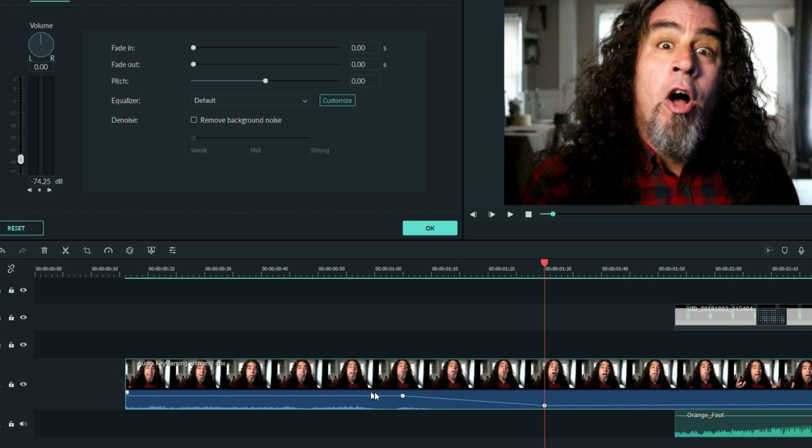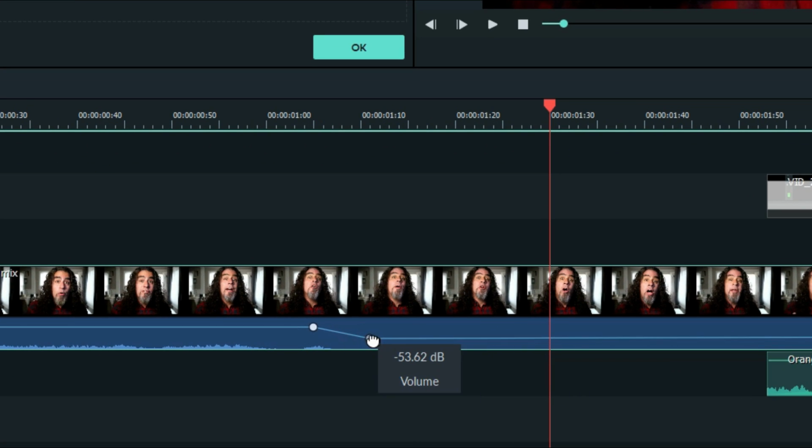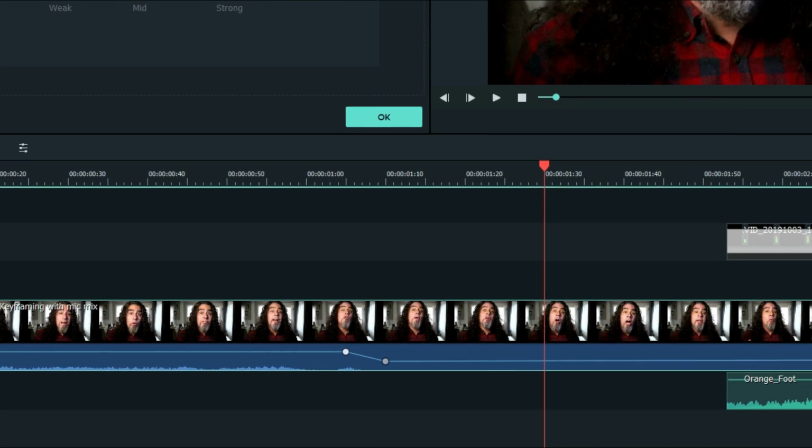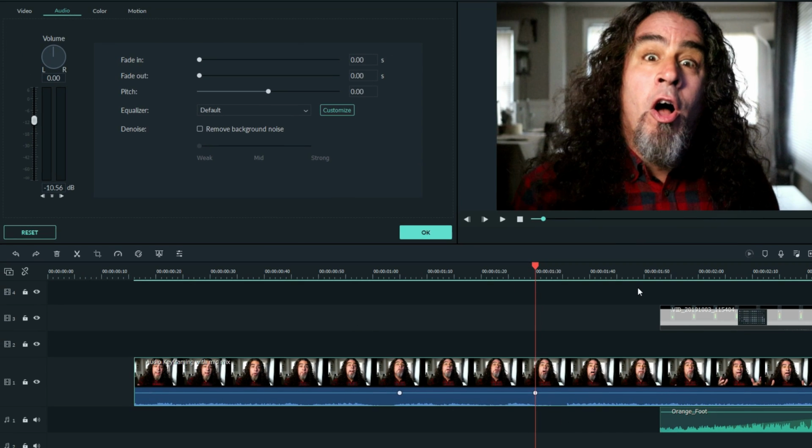That keeps this volume steady to that point and then fades from the first keyframe to the second. So there's two different values for each keyframe, and Filmora is making up the difference between the two. Now you can also grab these keyframes and slide them around if I want it to be a closer drop or fade. But another thing I want you to see is, let's say I just wanted the volume